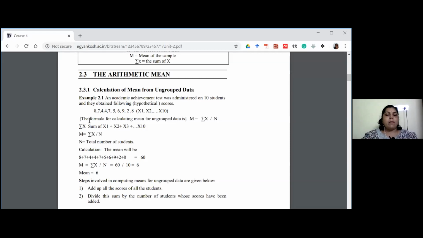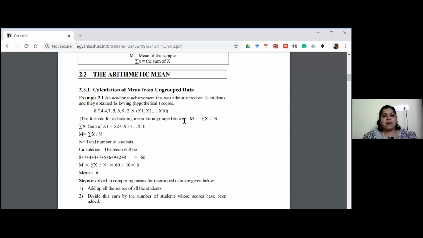So here, the formula for finding the mean for this type of data, when you have all the values together as raw data, is for ungrouped data. Here we don't have any grouping method. When you learn about grouped data, you can understand the difference. Ungrouped data is not classified data. Have you all written the individual values? Each value is called an X value. 8 can be called X1, 7 can be called X2, 4 can be called X3. Likewise, X10 is 8.